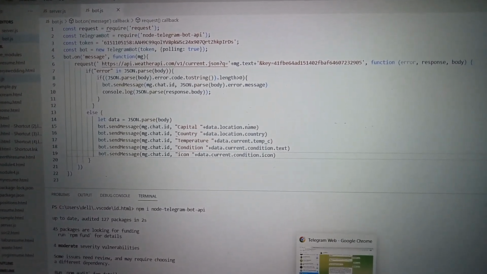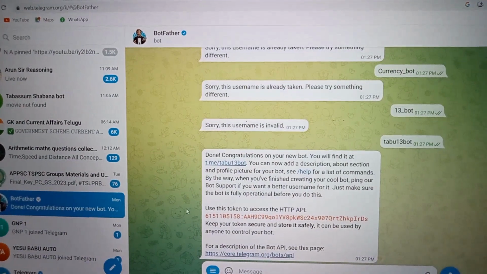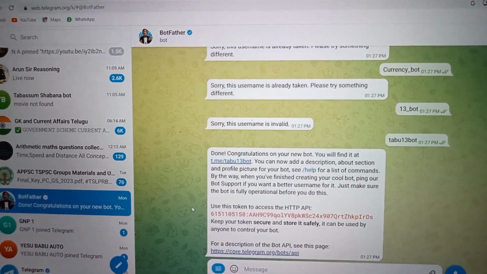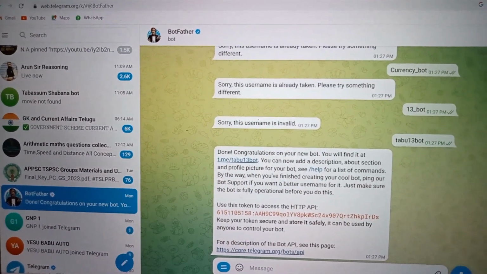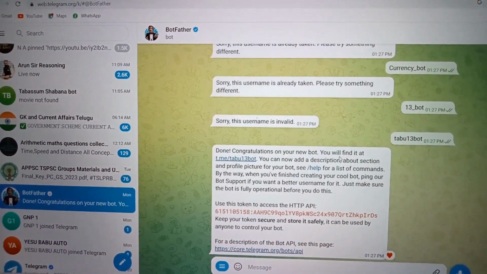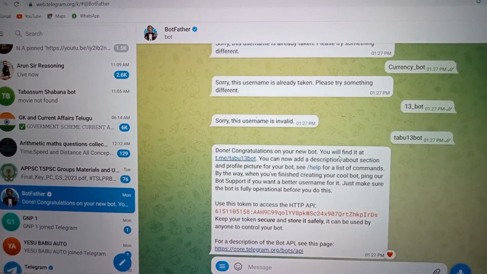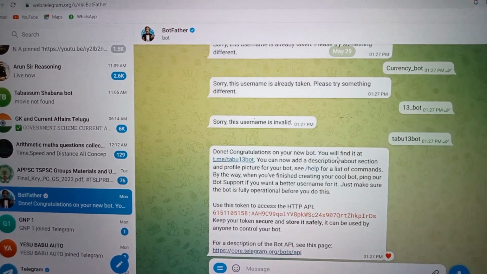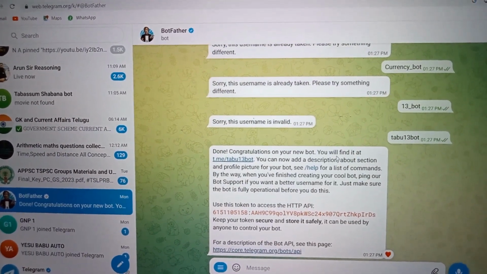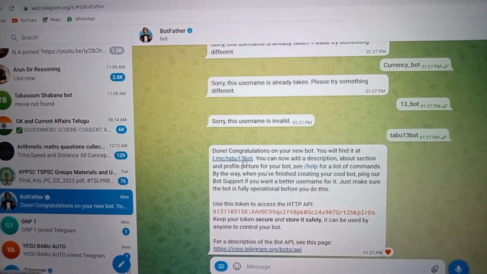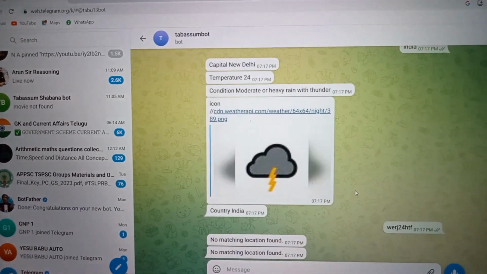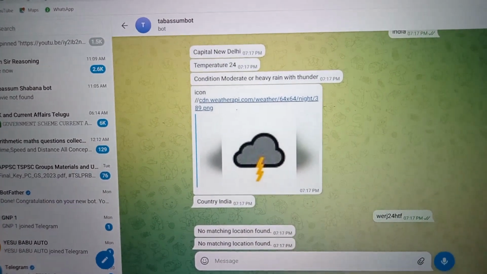For getting this token, go to Telegram Web and search for the official BotFather. Then you will get messages like this, and it asks for a username and bot name. When you type that, it will give you a bot, and this is the bot I have got for the weather API. So coming to the code,